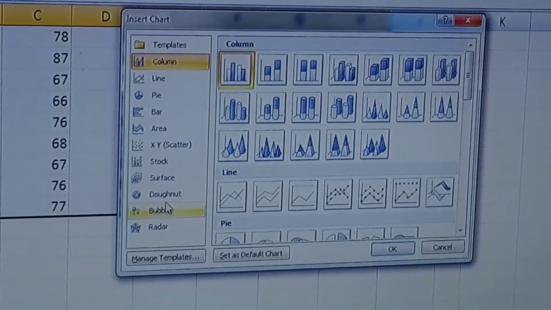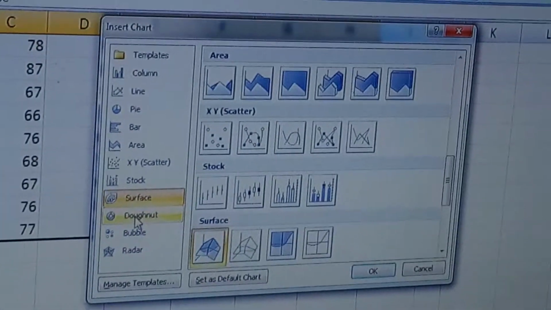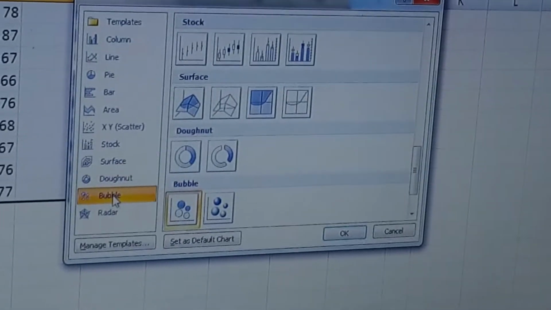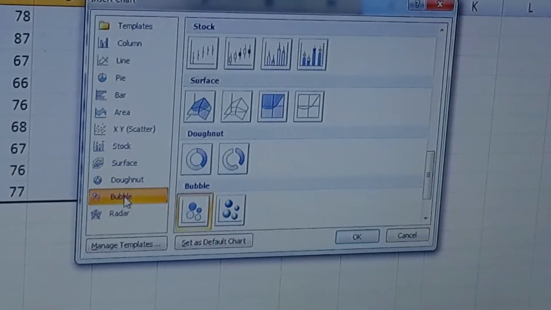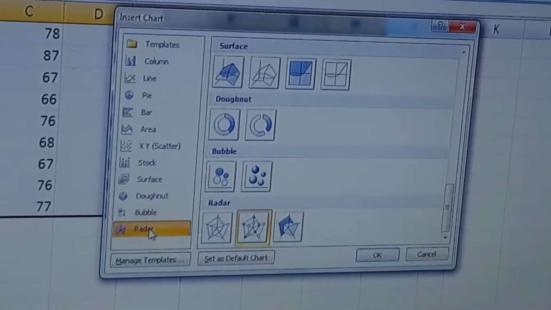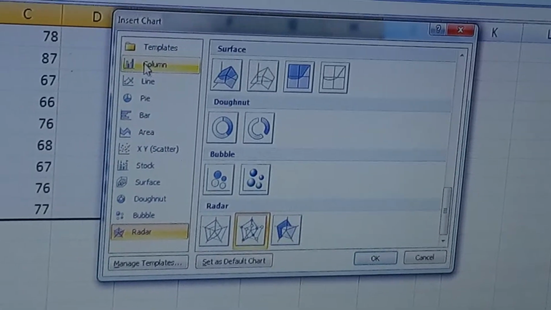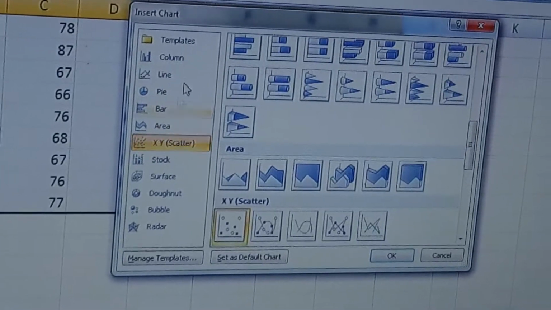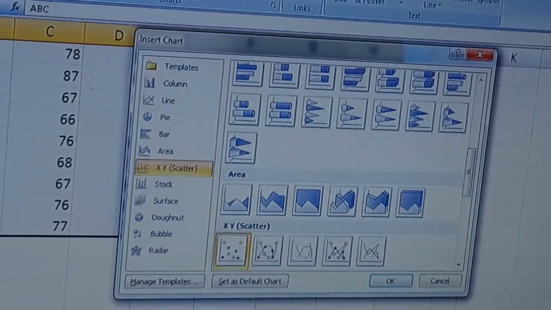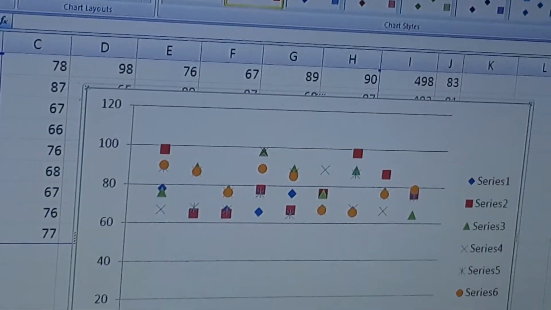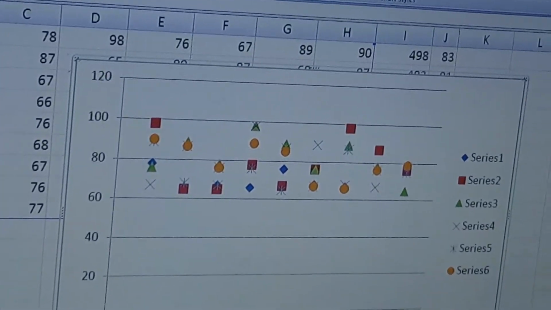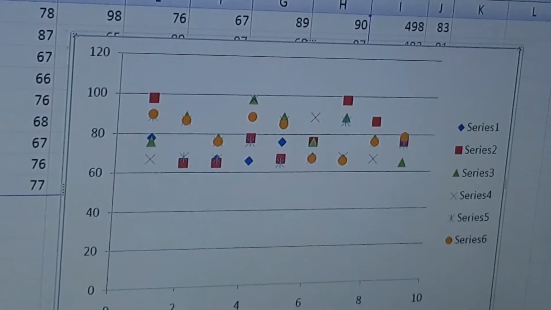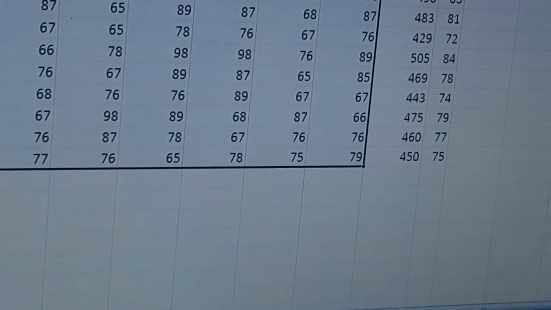You have to select. There are different types of chart. You can select it, but basically there are only 5 types of chart, and all others are a combination or extension of those particular charts. Clear? I think it will be clear. It is an XY chart. You can set different types of chart accordingly.